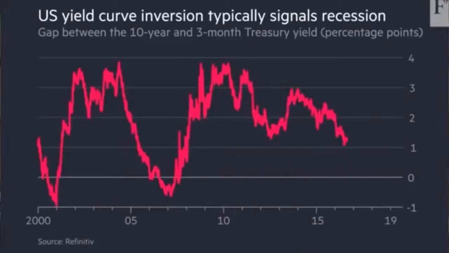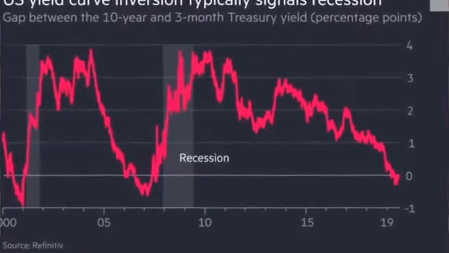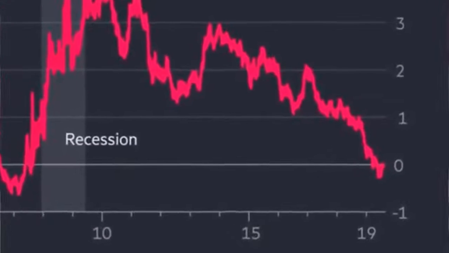So when I told them that I was not going to buy a property because a recession was very likely coming in the next 12 to 18 months because of an inverted yield curve, guys, the majority of these guys were laughing at me. They were just ridiculing me, saying, oh, you see this guy over here? He thinks a recession is going to come in the next 12 to 18 months. He's crazy. He's insane. Well, to all those realtors and estate agents, all I want to say now is, who's